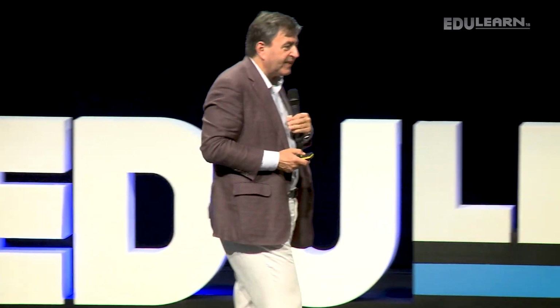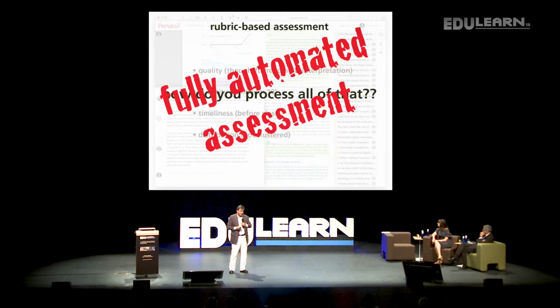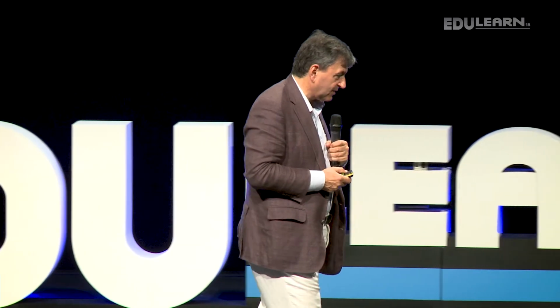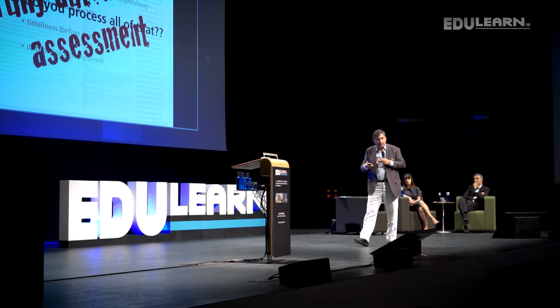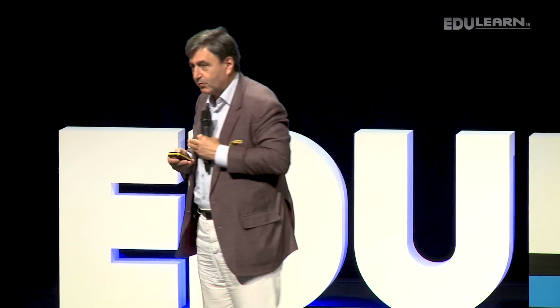So I can already hear you think, how do you process all of that? Didn't you tell me no more work? Well, I wouldn't be standing here and talking about it if I didn't have a solution for it. The assessment is fully automated. I got together with a colleague of mine who is a quantitative social scientist and who's built a career out of doing quantitative analysis of posts on social media, in particular Twitter, China Weibo, WeChat, and so on. And it turns out that you can easily adapt that algorithm for this context.